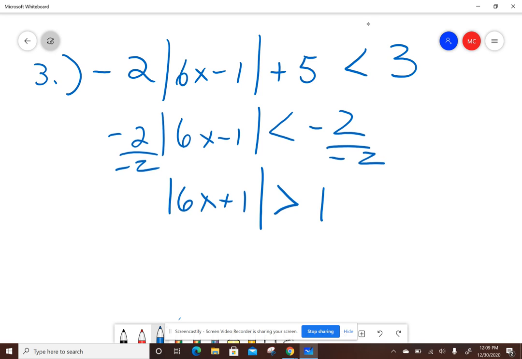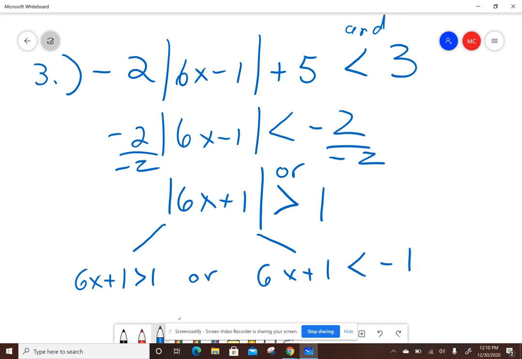So now, even though it looked like you were going to have an and inequality, you ended up with an or inequality because once you isolated the absolute value sign, it was or. So this becomes 6x plus 1 greater than 1, or 6x plus 1, flip the sign, make it negative. 6x greater than 0, or x is greater than 0, or 6x less than negative 2, x is less than